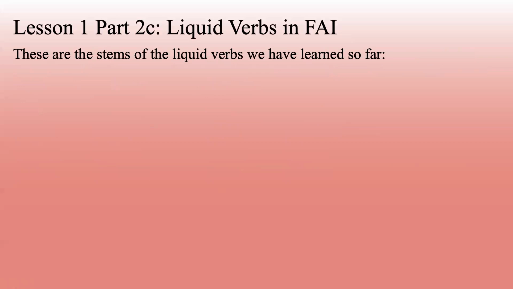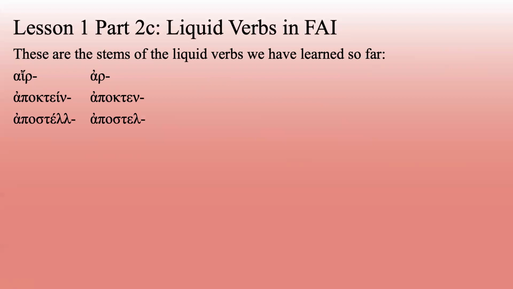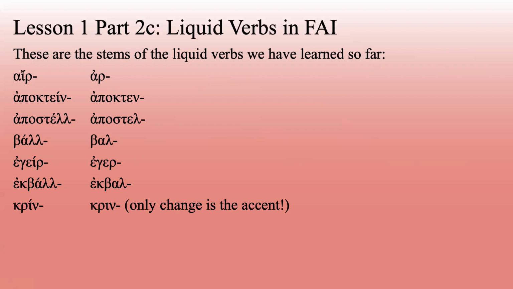These are the stems of the liquid verbs we have learned so far. Iro becomes R, and iota drops out. Apokateno becomes apokaten, and iota drops out. Apostello becomes apostel, a lambda drops out. Balo becomes bal, a lambda drops out. Egero becomes eger, and iota drops out. Ekbalo becomes ekbal, a lambda drops out. Crino becomes crin. The only change is the accent, which when you're putting these in for your stems, when I